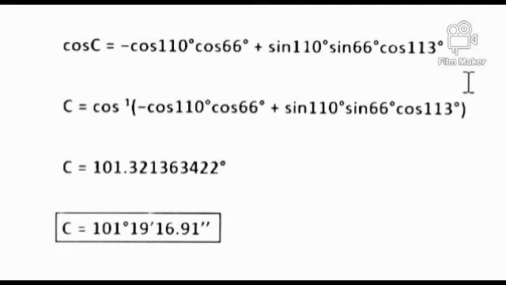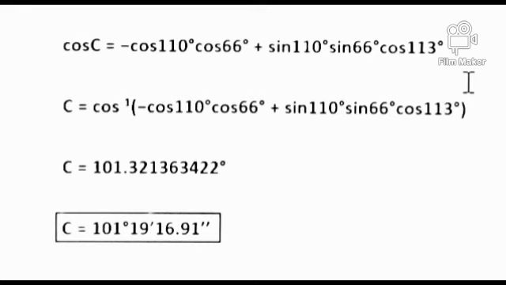After the substitution, you should get the equation cosine of angle C equals negative cosine of 110 degrees multiplied by cosine of 66 degrees plus sine of 110 degrees multiplied by sine of 66 degrees multiplied by cosine of 113 degrees. Thus, angle capital C equals shift cosine of negative cosine of 110 degrees multiplied by cosine of 66 degrees plus sine of 110 degrees multiplied by sine of 66 degrees multiplied by cosine of 113 degrees. And using your calculator, you should get angle C equals